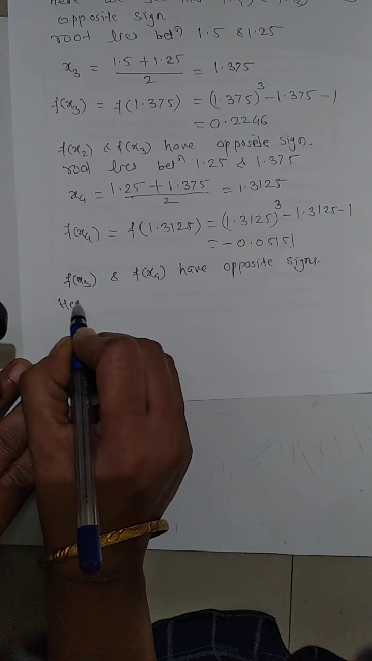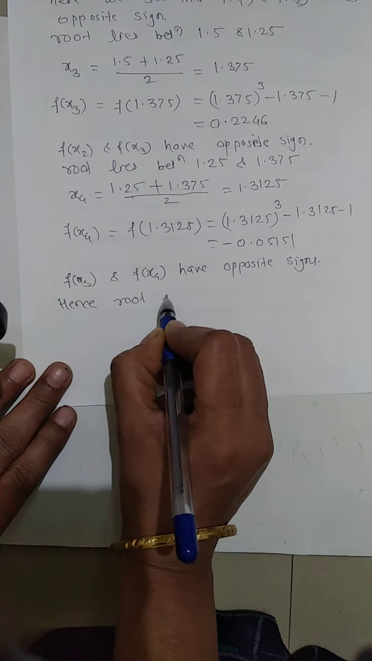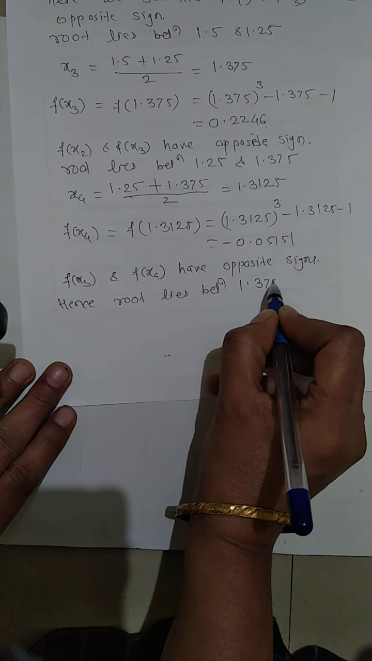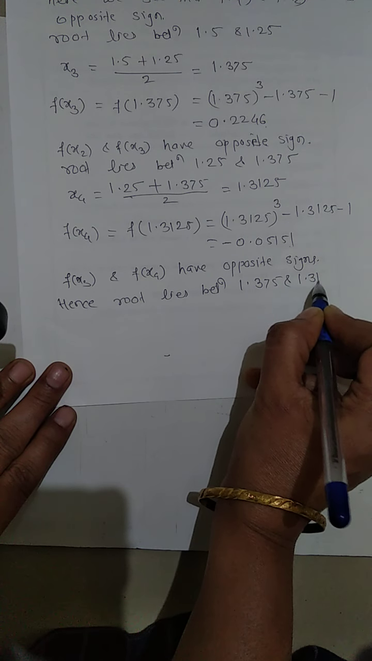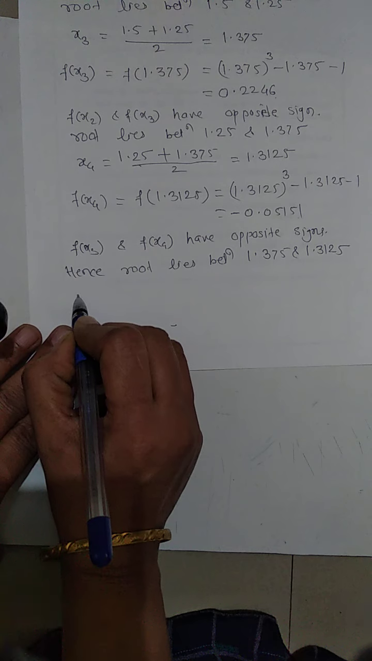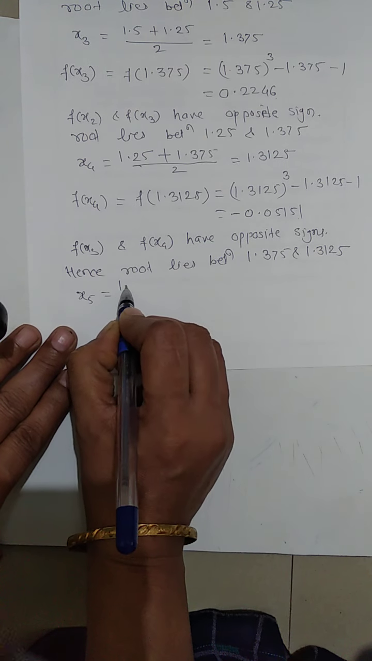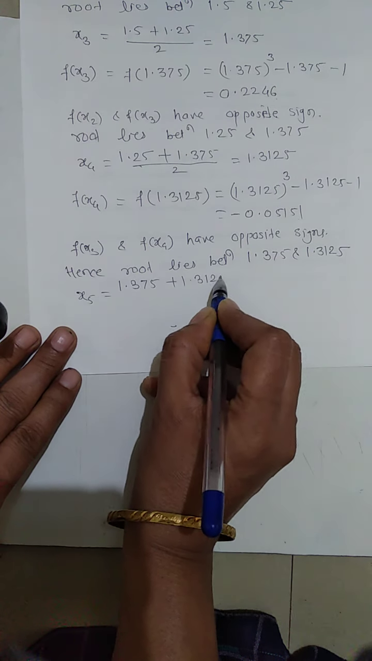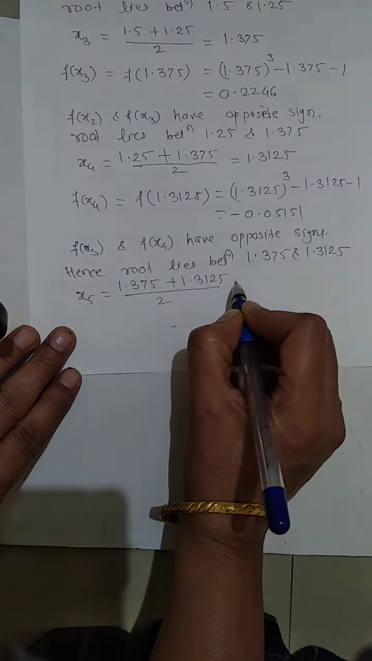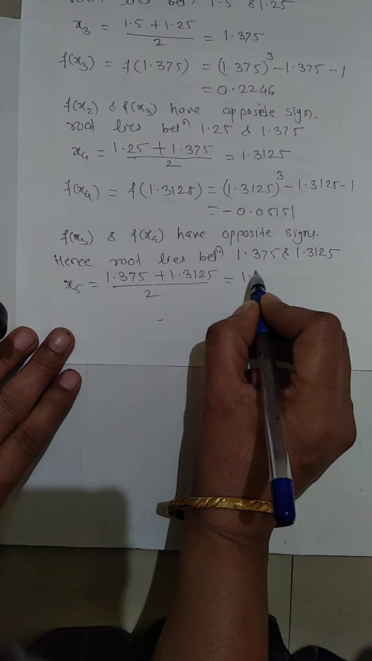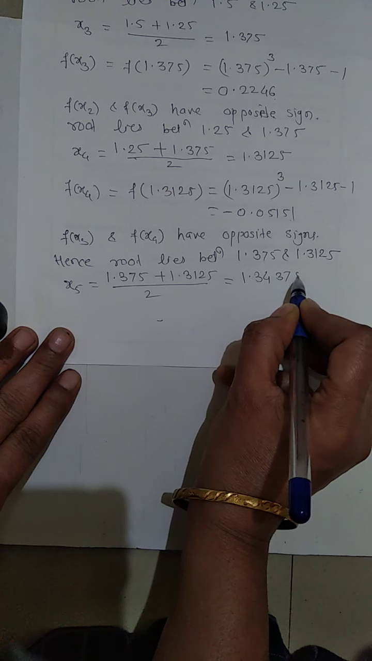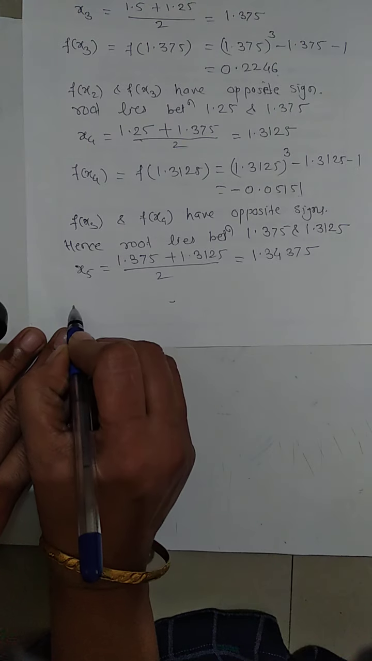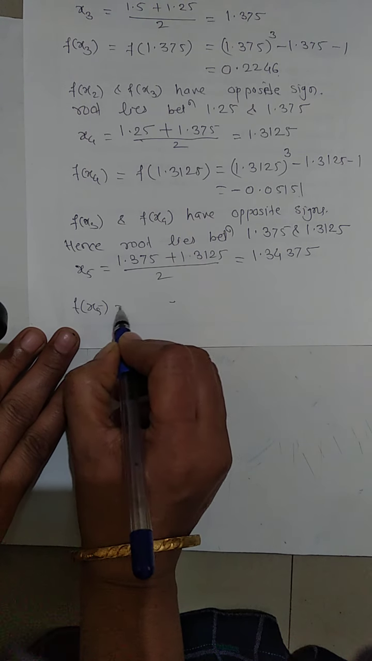Hence, the root lies between 1.375 and 1.3125. Then find x5. x5 is equal to (1.375 + 1.3125) divided by 2, and after solving, the value is 1.34375. Then again find f of x5, and f of x5 is equal to f of